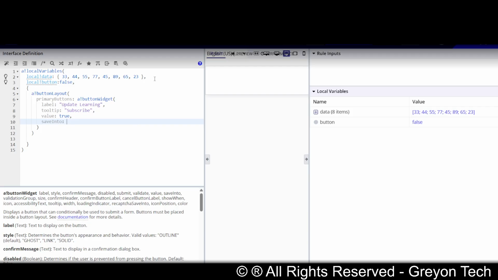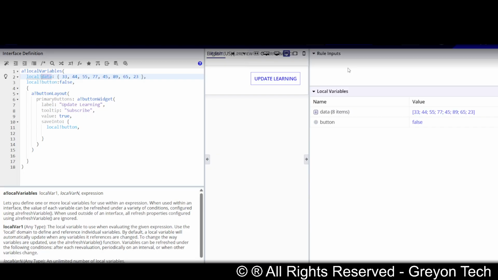and saveInto, it will be a list of saves, because while saving we are not only saving into a single variable but also trying to update the data in local!bankData. So we'll be saving it into local!bankButton. Initially local!bankButton is false. Then when you click on the button defined here, local!bankButton will become true. Once it becomes true, we have to do a simultaneous update on the data set that we have here. Now in your project scenario, it would be data that is coming from a rule input, which is indirectly being called in a process model,